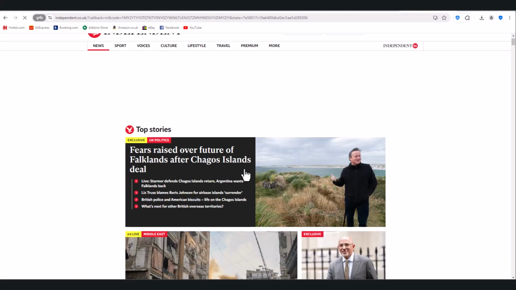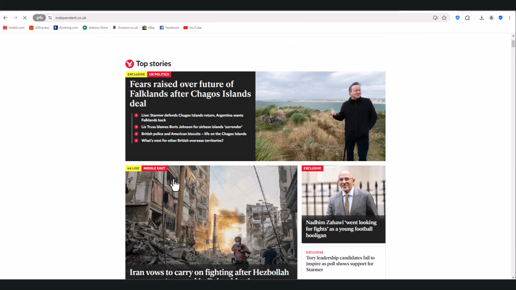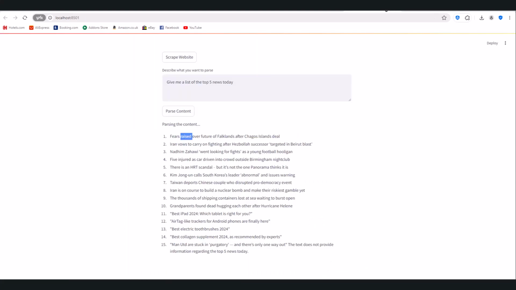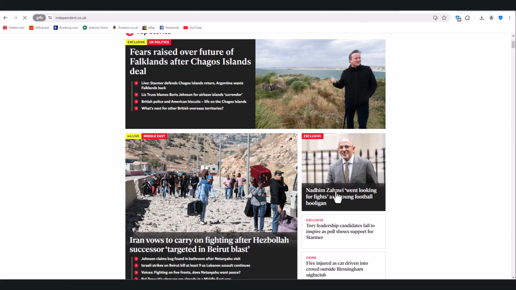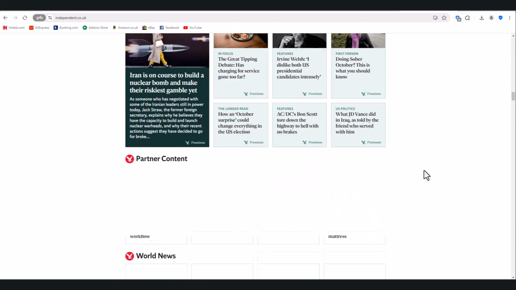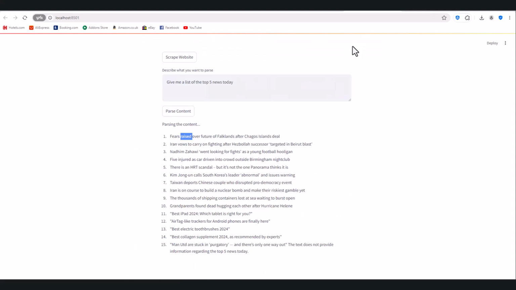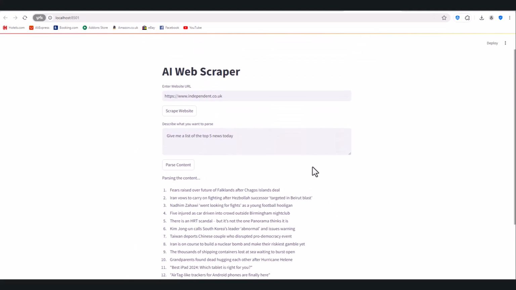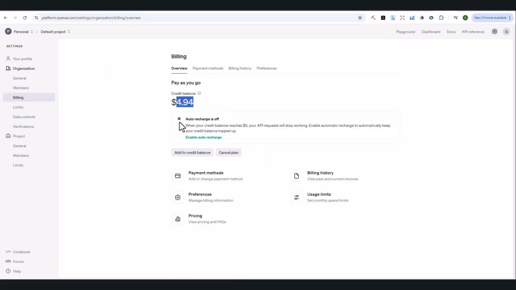Iran vows to carry on fighting after Hezbollah successful targeted in Beirut blast. That is the second one there. Nadhim Zahawi, which is it, went looking. So it's beautiful. It's been able to give me a list of the top points from the website. This is basically what this web scraper has done. And let's see what it has taken from